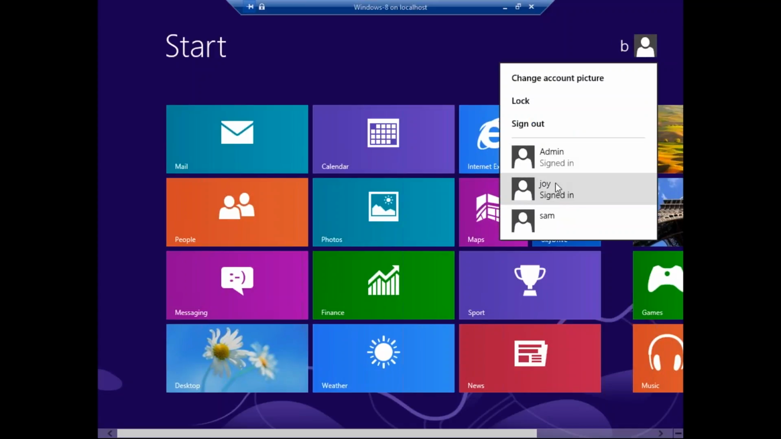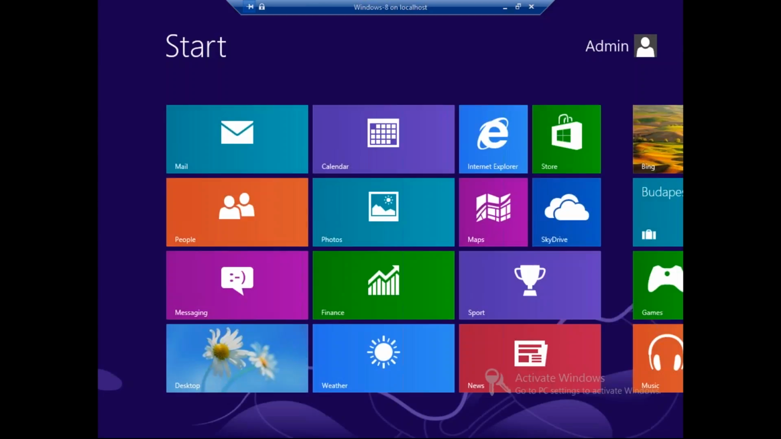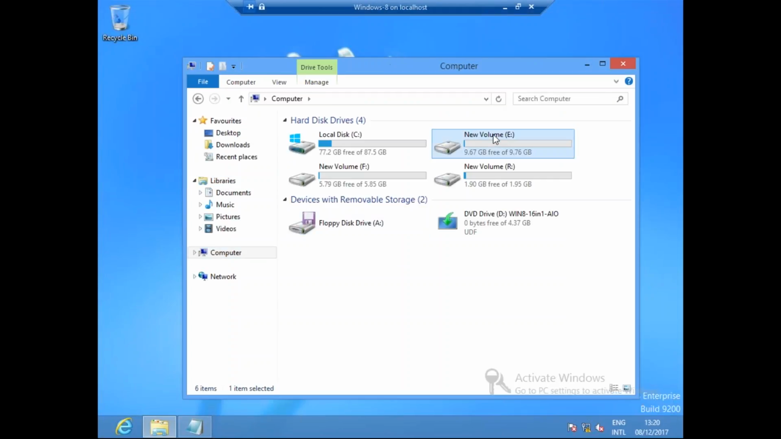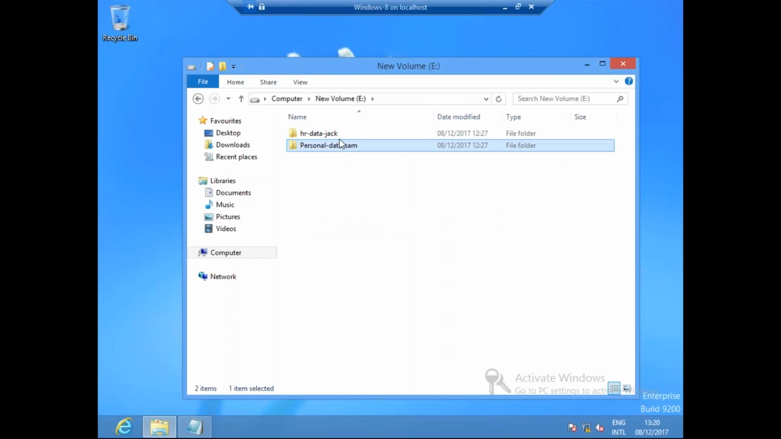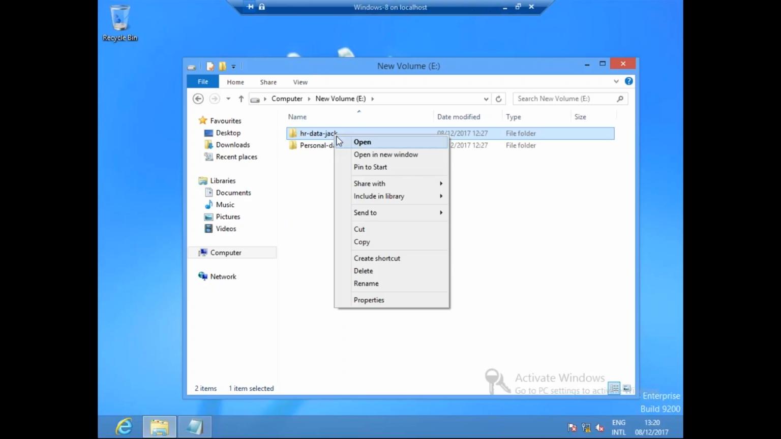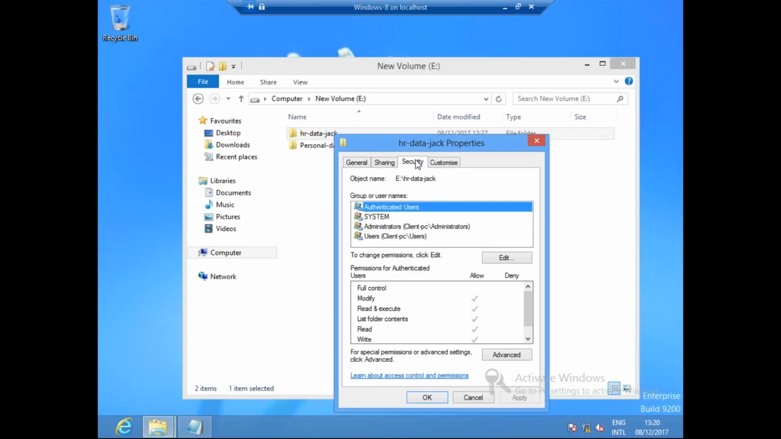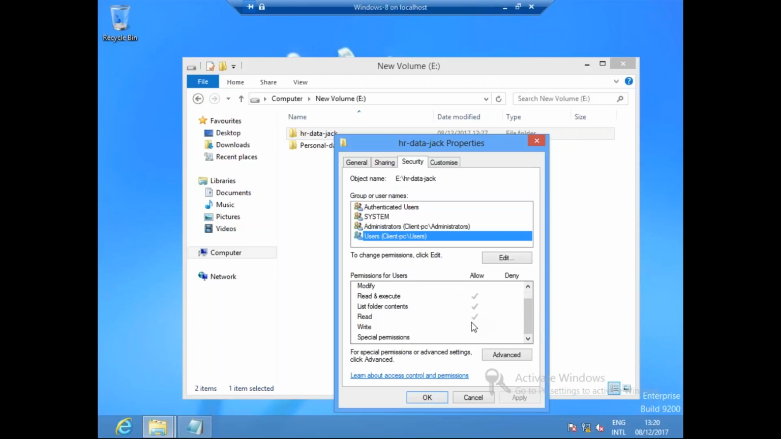So here we got admin, Joy is also there, admin is there. So I can go with any user. We got two folders. This permission you can apply on a drive basis or folder basis, but not on files. Right click on the folder, properties, security, edit. By default, you can see all users can access. Read permission is there. I'll go to edit,